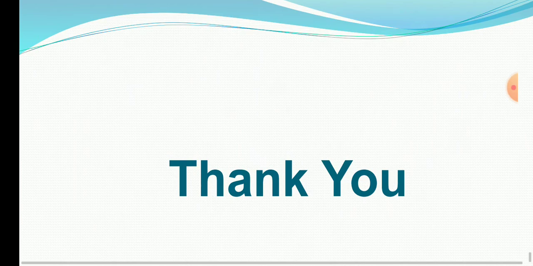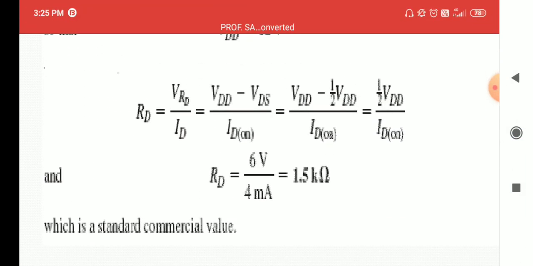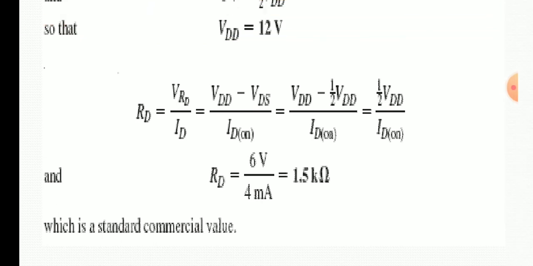So in this way you can solve any type of numerical. This is the standard numerical. This numerical is asked in university papers. You can check the university papers available on our college website. In some question papers the simple data is changed, otherwise the numericals are similar. So in this way, in today's lecture we completed the overview of how to solve FET biasing numericals.